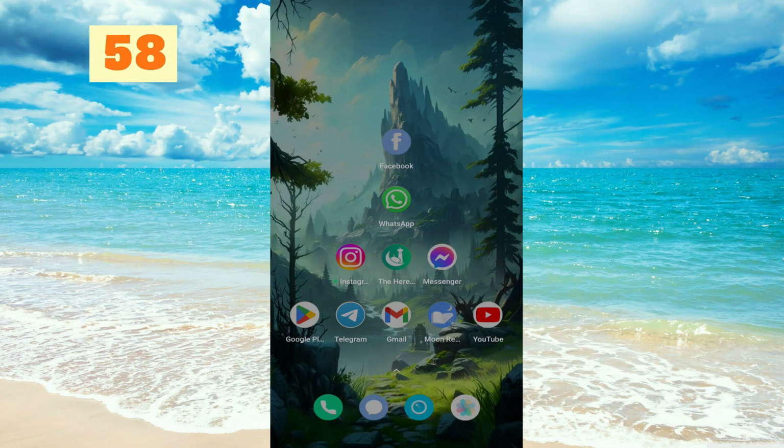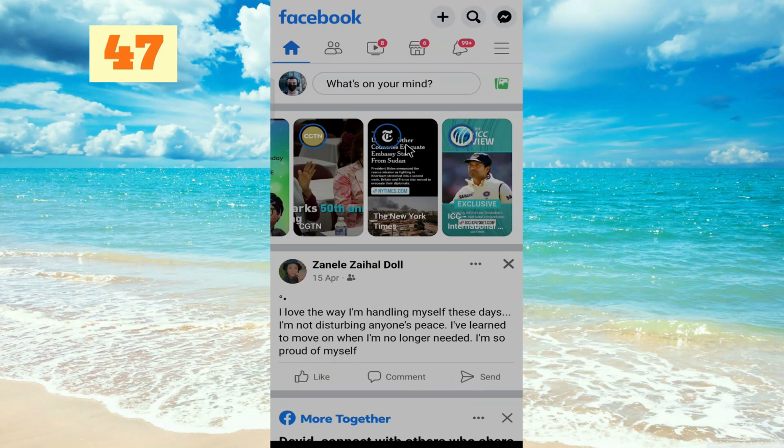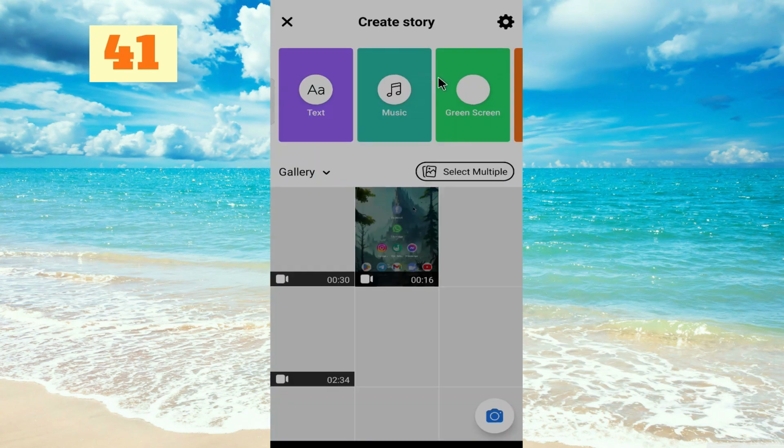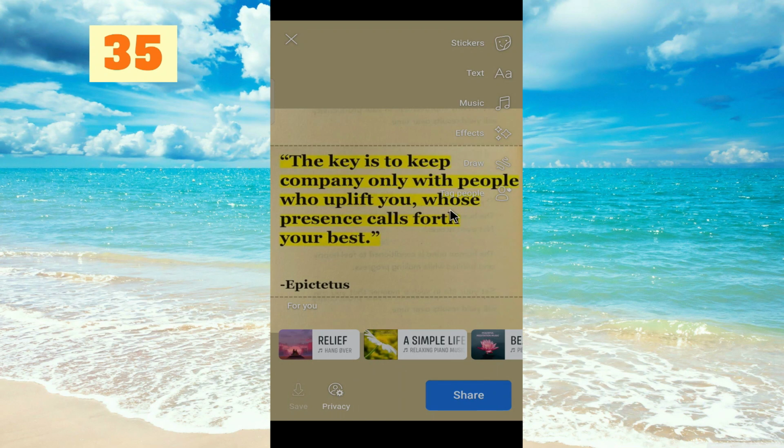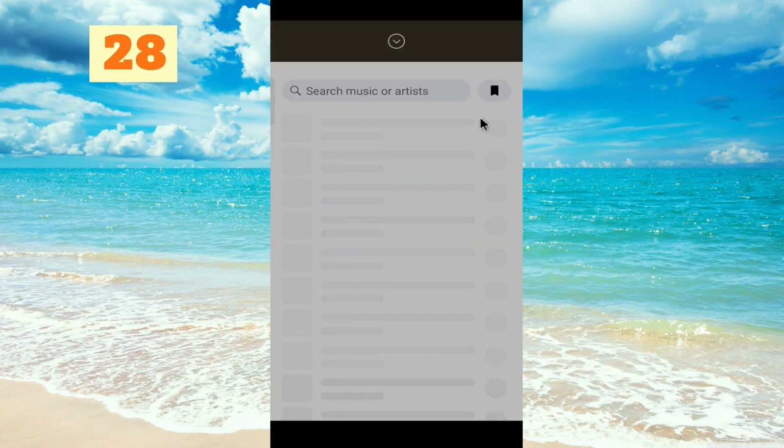Hi everyone, in today's video I'd like to show you how to hide your audio track or music sticker from story. For this, go to your story, then try to make a story, and when adding audio,